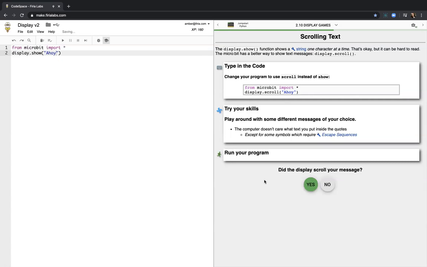Now we're going to scroll the text instead of showing the text. Once you see the difference between the two, you might understand why you might want to show text sometimes and scroll text another time. So just change one thing. Instead of display.show, display.scroll,